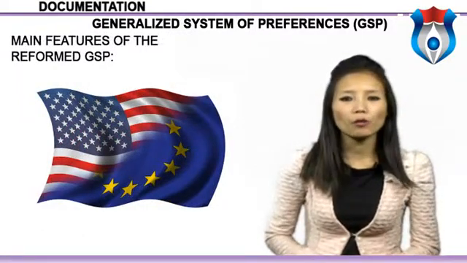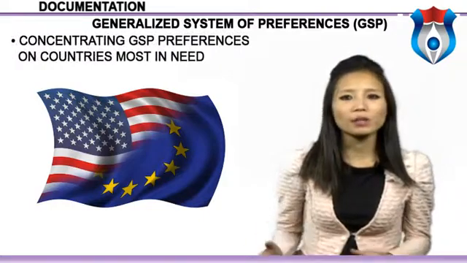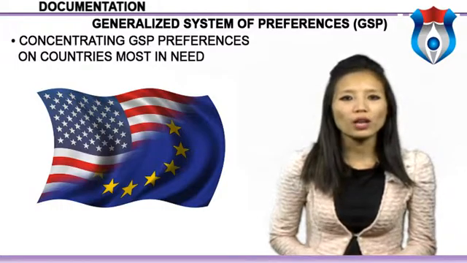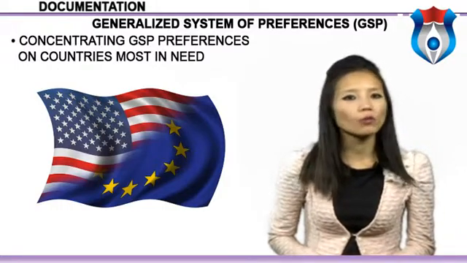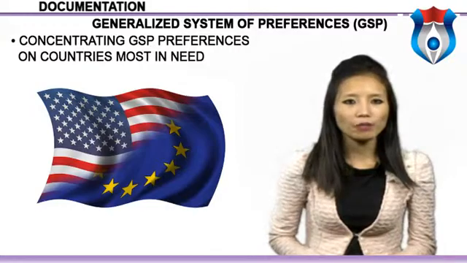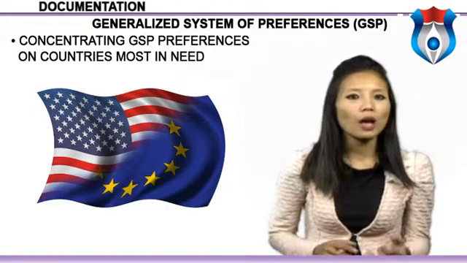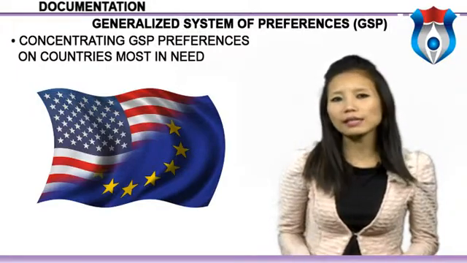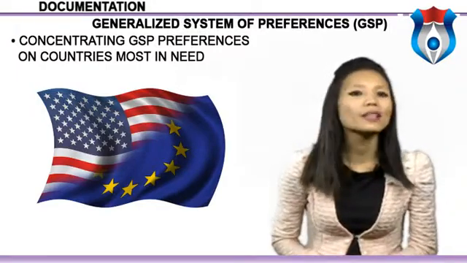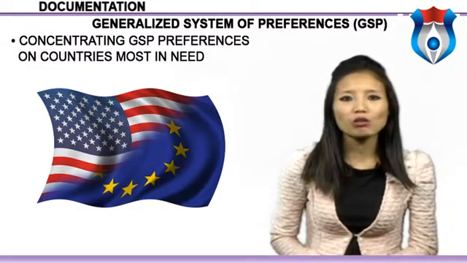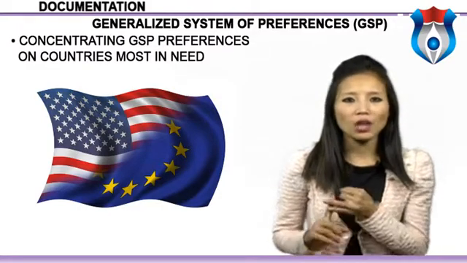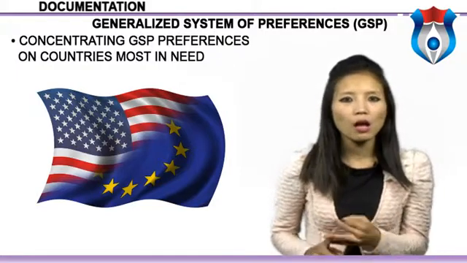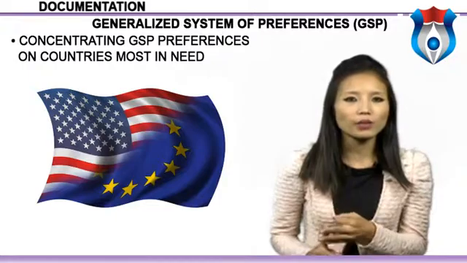EU Trade and Generalized System of Preferences. Main features of the reformed GSP. Concentrating GSP preferences on countries most in need, a number of countries which do not require GSP preferences to be competitive will no longer benefit from the system as from 1st January 2014, including countries that already have preferential access to the EU which is at least as good as under GSP, for example under a free trade agreement or a special autonomous trade regime, countries which have achieved a high or upper middle income per capita based on World Bank classification,